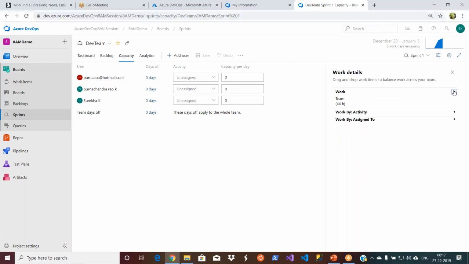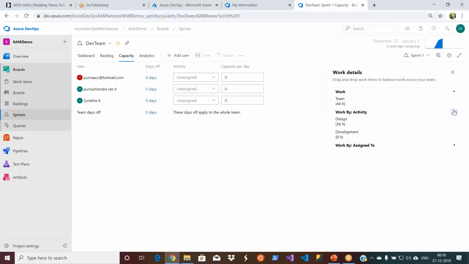Just expand it. The total work for the team is 44 hours. Okay. And then work by activity means when I'm creating my product backlog items, I selected the activity drop down, right? Some of them are design, some of them are development, some of them are into some other activity.